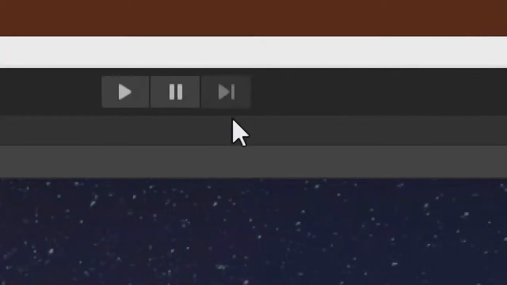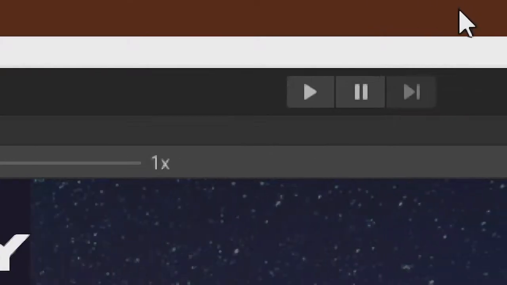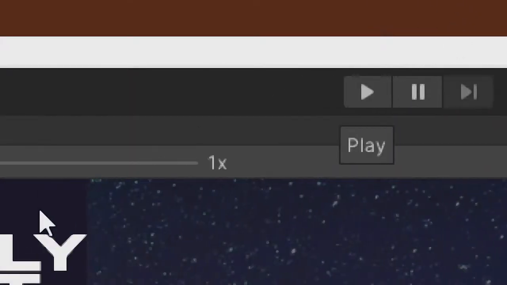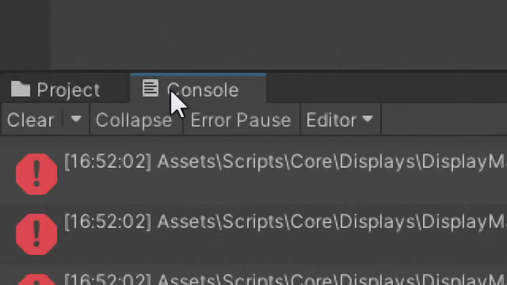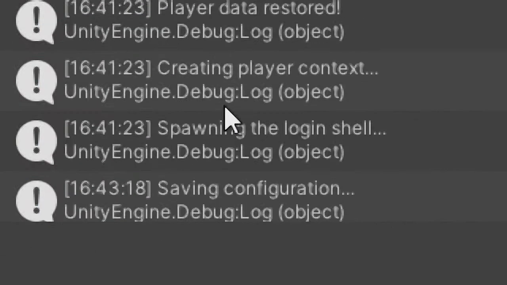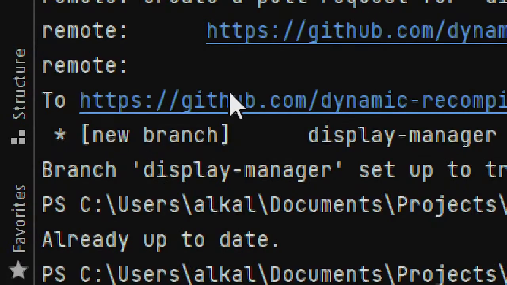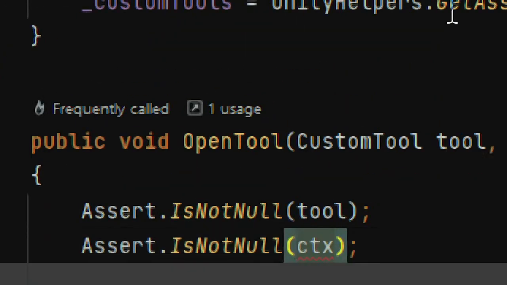Anyway, now we have basically the entire tab system working, and the entire display manager. Now, it's not compiling, that's great, but let's fix that. And then, once we fix the compiling errors,